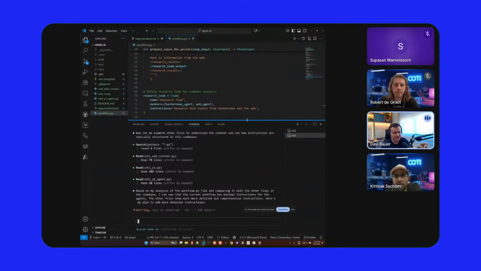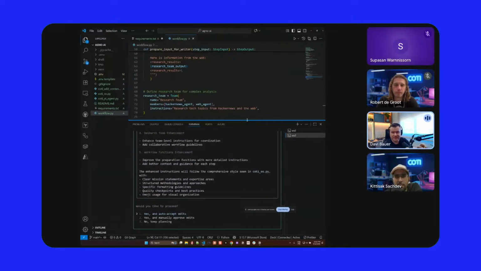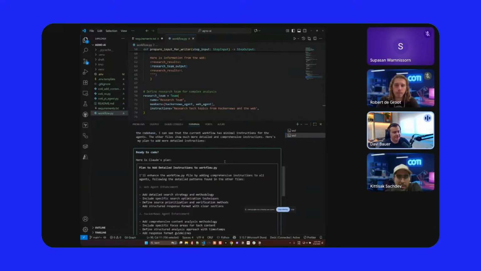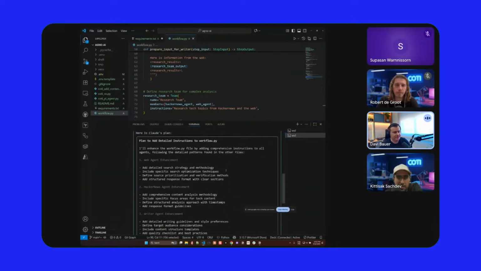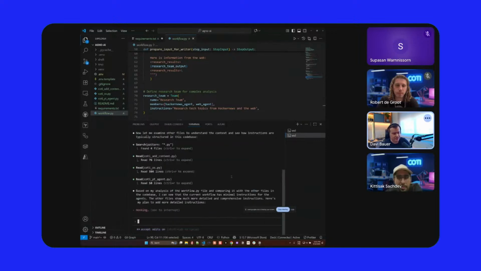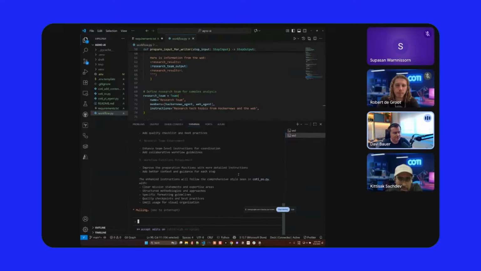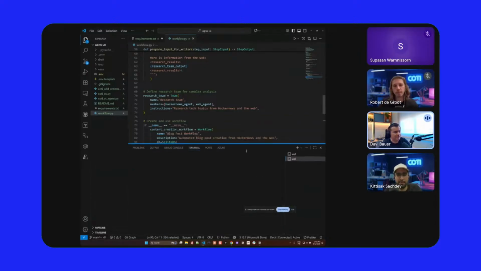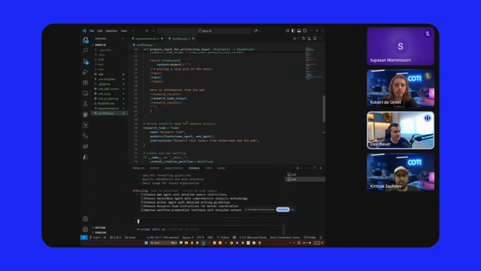Here I'm just using the Claude Code CLI. Okay. It's already integrated in the terminal. So I have asked it to improve, right, the instruction. Okay. So here is the plan. And let's see, right, I will accept the plan to see. Let me keep it open